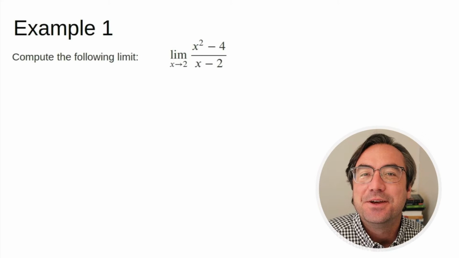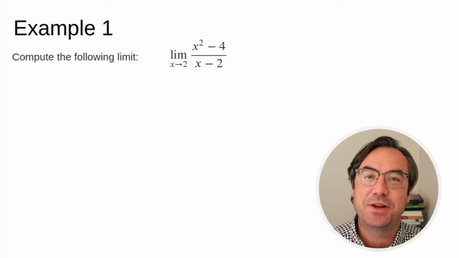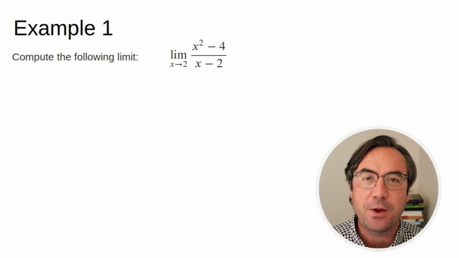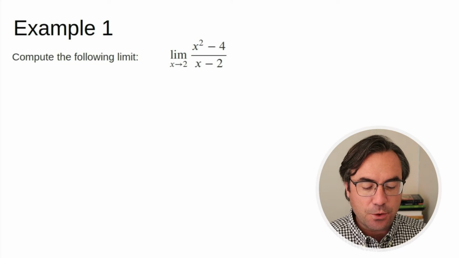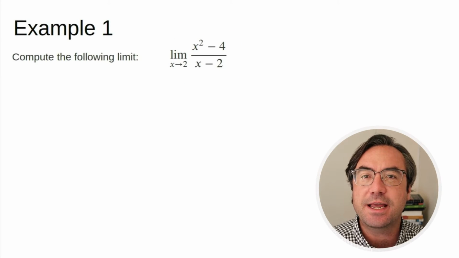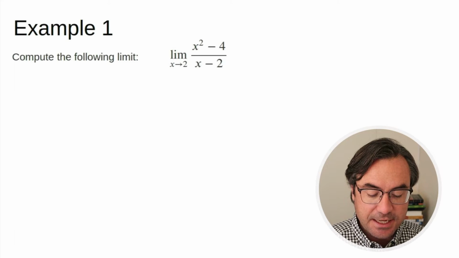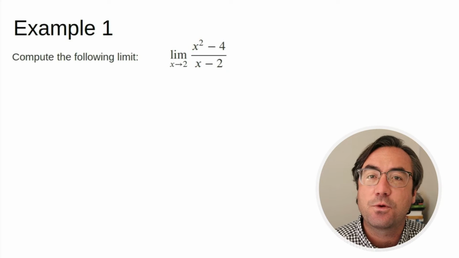Welcome, everyone. For today's prep, we're going to continue our discussion of the indeterminate form 0 over 0. And we're going to look at a few examples for how to handle this. The first one we're going to look at is this limit right here. We're going to calculate the limit as x approaches 2 of the function x squared minus 4 over x